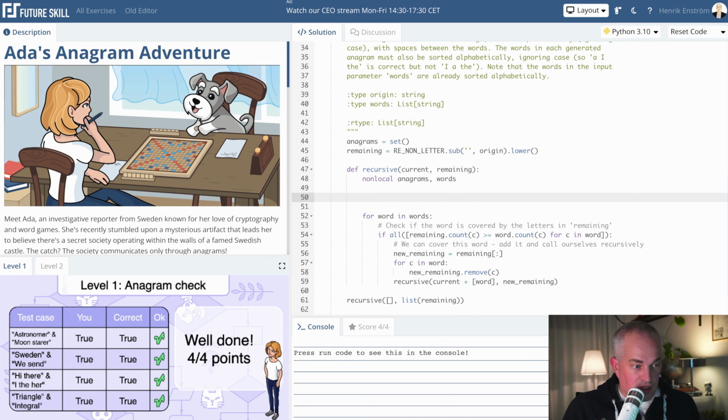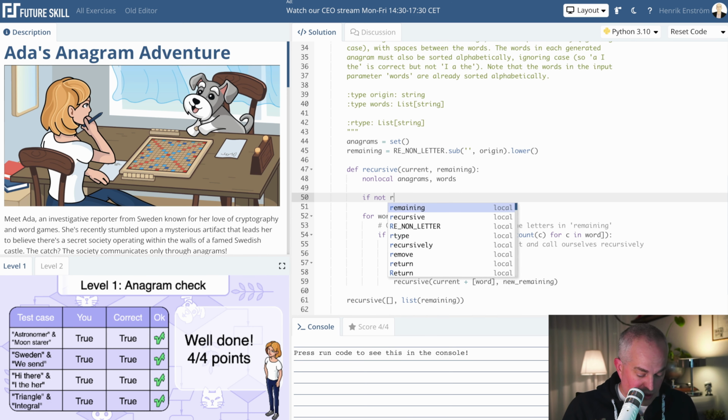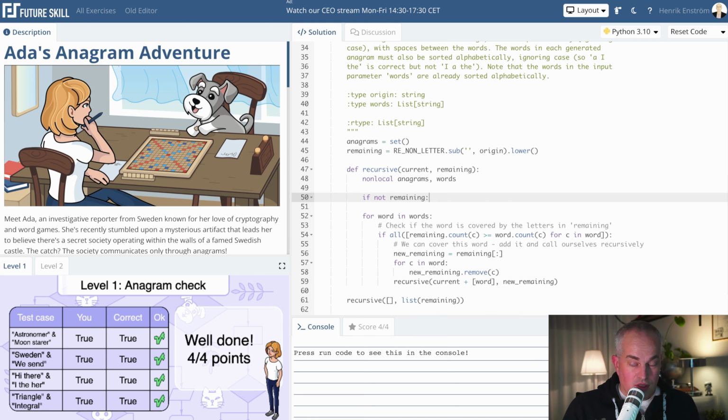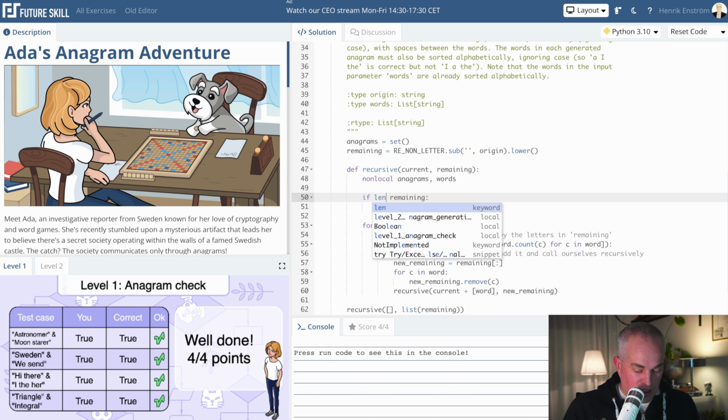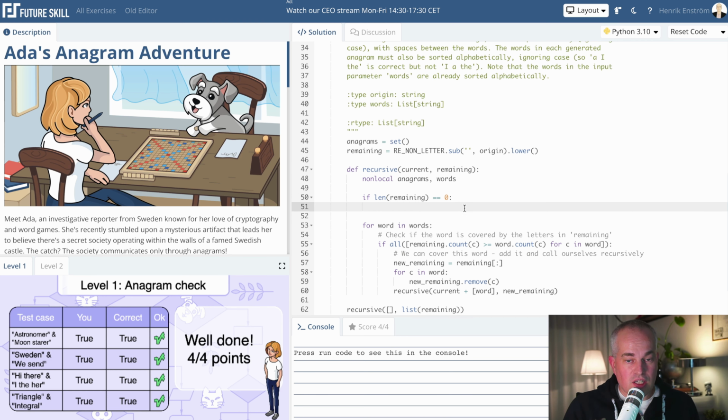So if we don't have any remaining ones, or we can also say if length of remaining is 0, maybe a clearer way to write it. It means we have successfully created an anagram, new or not. And what we want to do then is add it to the set that we have,